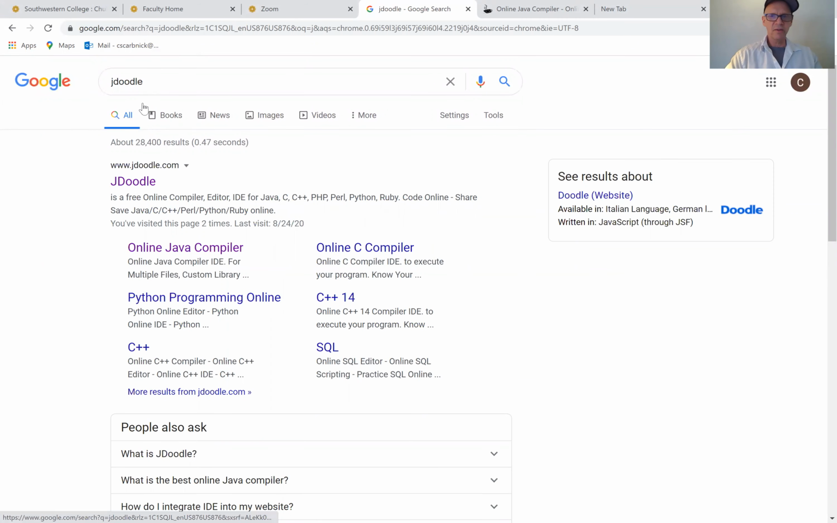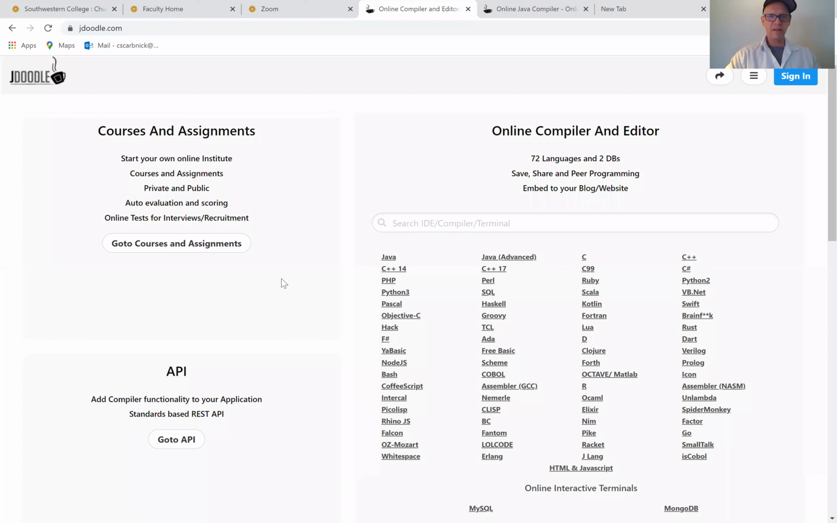So I typed in JDoodle, and it brings up this web page. And I'm just going to click here on JDoodle. And then I'm going to click here on Java. You can actually create an account which allows you to save files on their website. Otherwise, if you create some file and you don't copy it manually to your own computer, it's going to get lost. So I just entered JDoodle in the search box, clicked on the JDoodle link, and now I'm going to